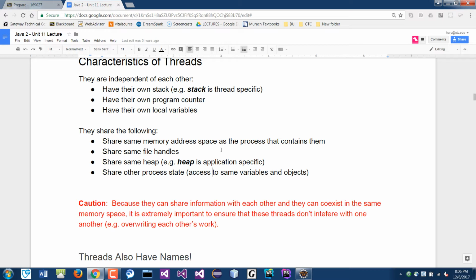If you change a static variable, it would affect all the other objects and everywhere else. So put a caution here, because they share the same information with each other, they can coexist in the same memory space, right? It's really important when you code threads, because they can interfere with one another. So if you think about, like in databases, you can have these different threads, and one is actually changing the